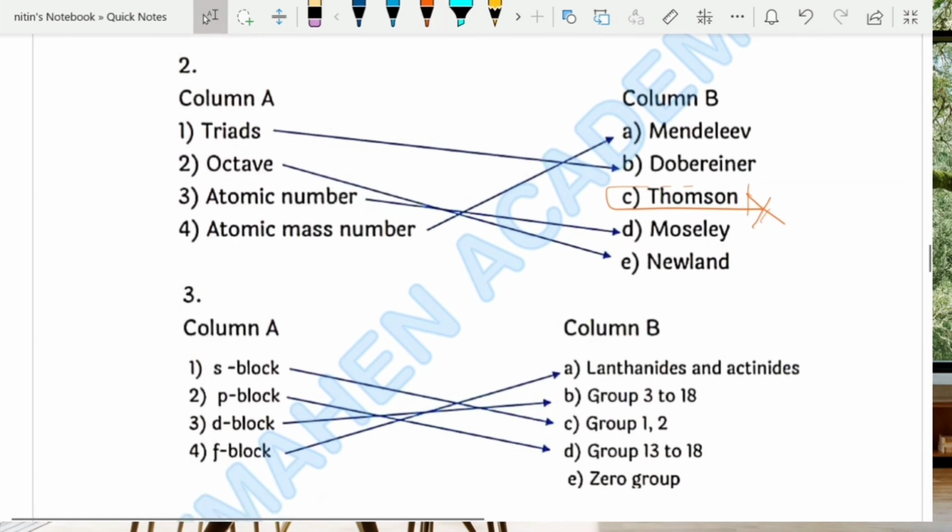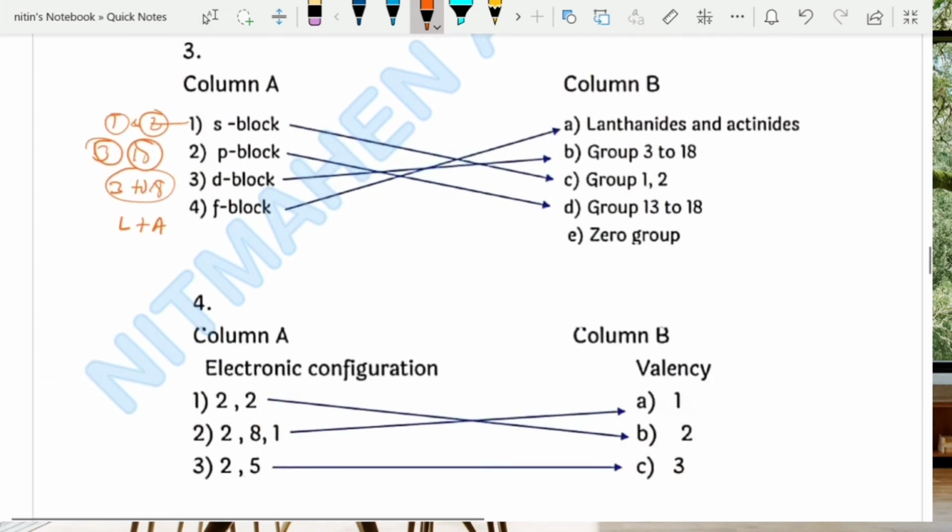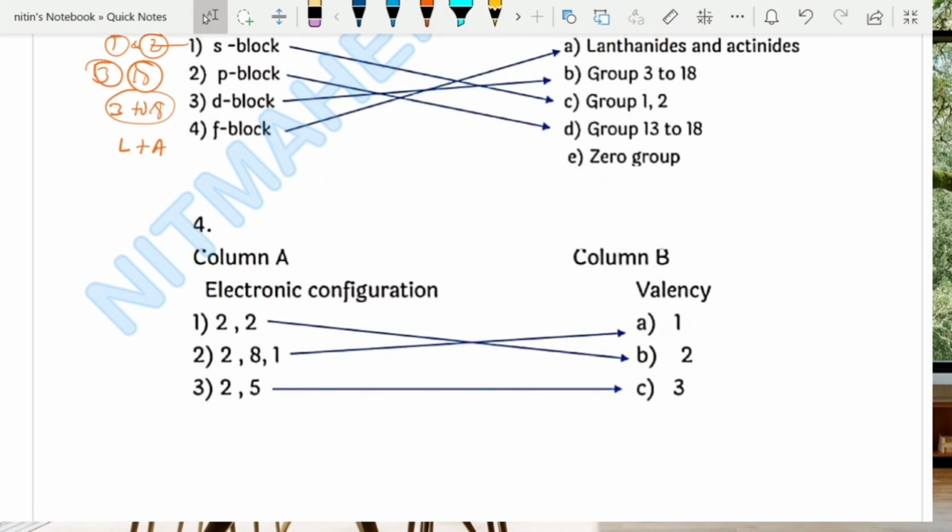As per the PDF, type of block: S block, group 1 and 2; P block, 13 to 18; D block, group 3 to 18; and F block is the lanthanide plus actinide. Okay, next, electronic configuration: 2, 2 valency is 2; 2, 8, 1 valency is 1; and 2, 5 valency is 3. Okay, next,